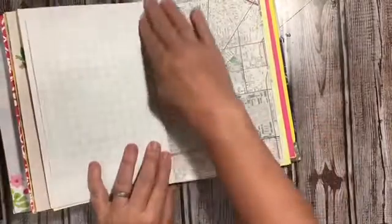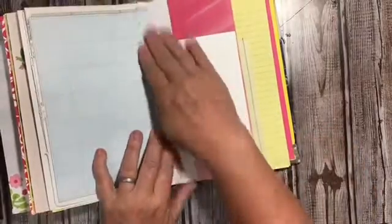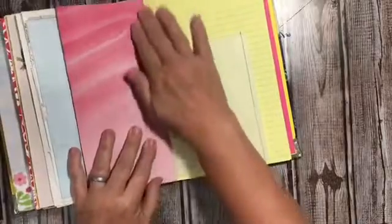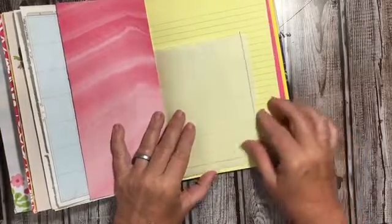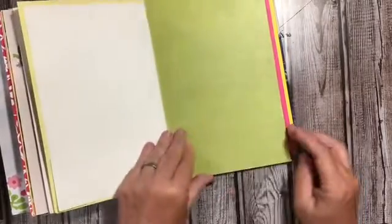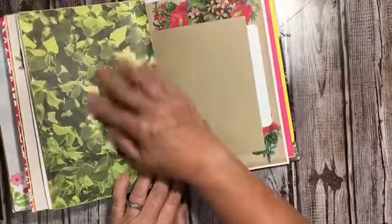And the little pieces there, just to give us some other things going on in here. Love the maps. A flip-flop there, or a flip with a flap, so it probably can be a flip-flop. Remember, a flip-flop is something that I make in my journals so that I can add